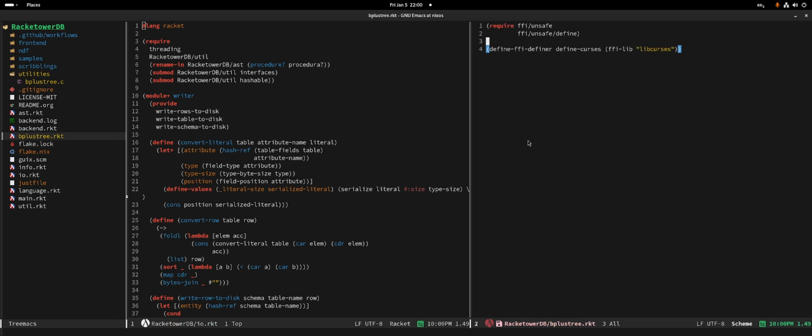So do I have the things? I do seem to have the things. So let's change the mode. Let's put lang racket. We already have those things. I'm gonna assume this is a path, so lib b plus 3.